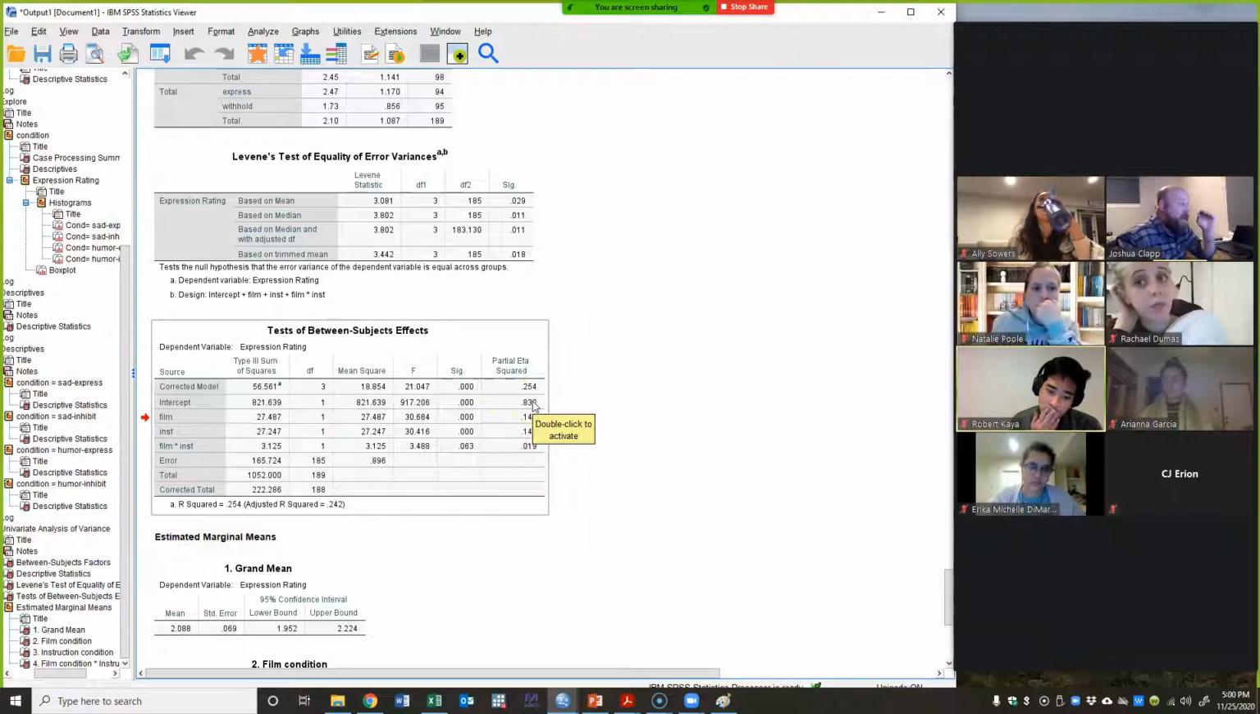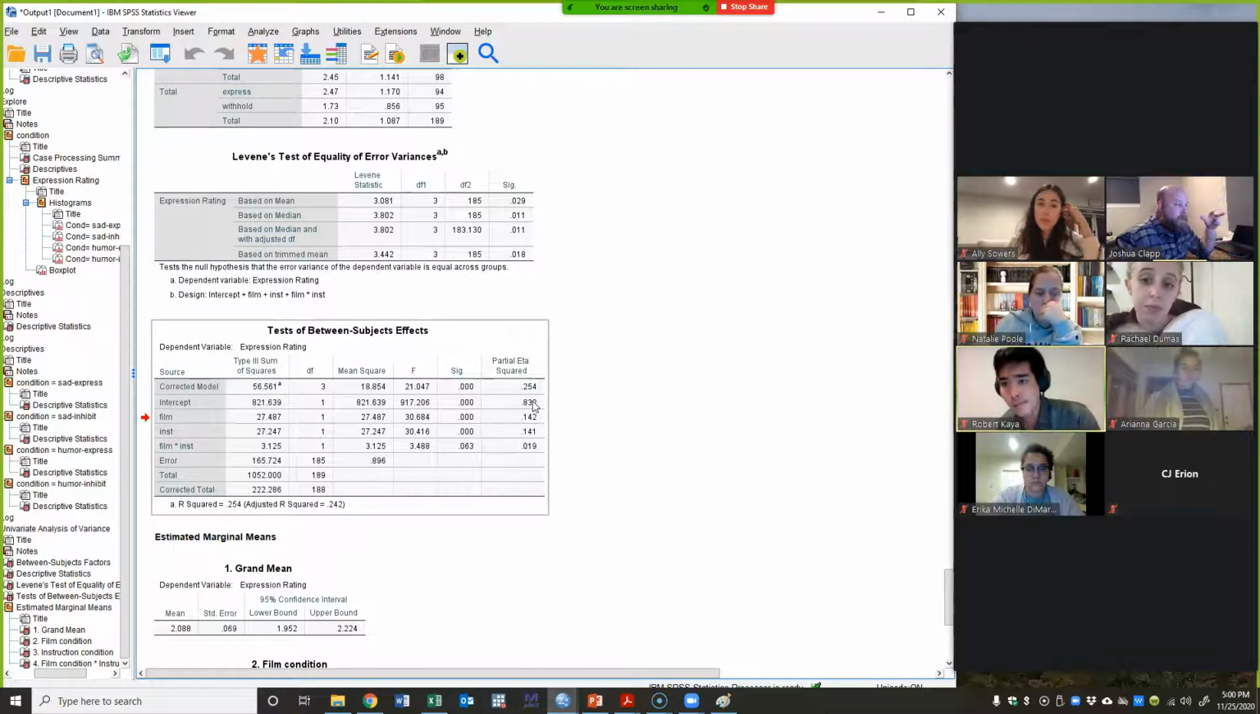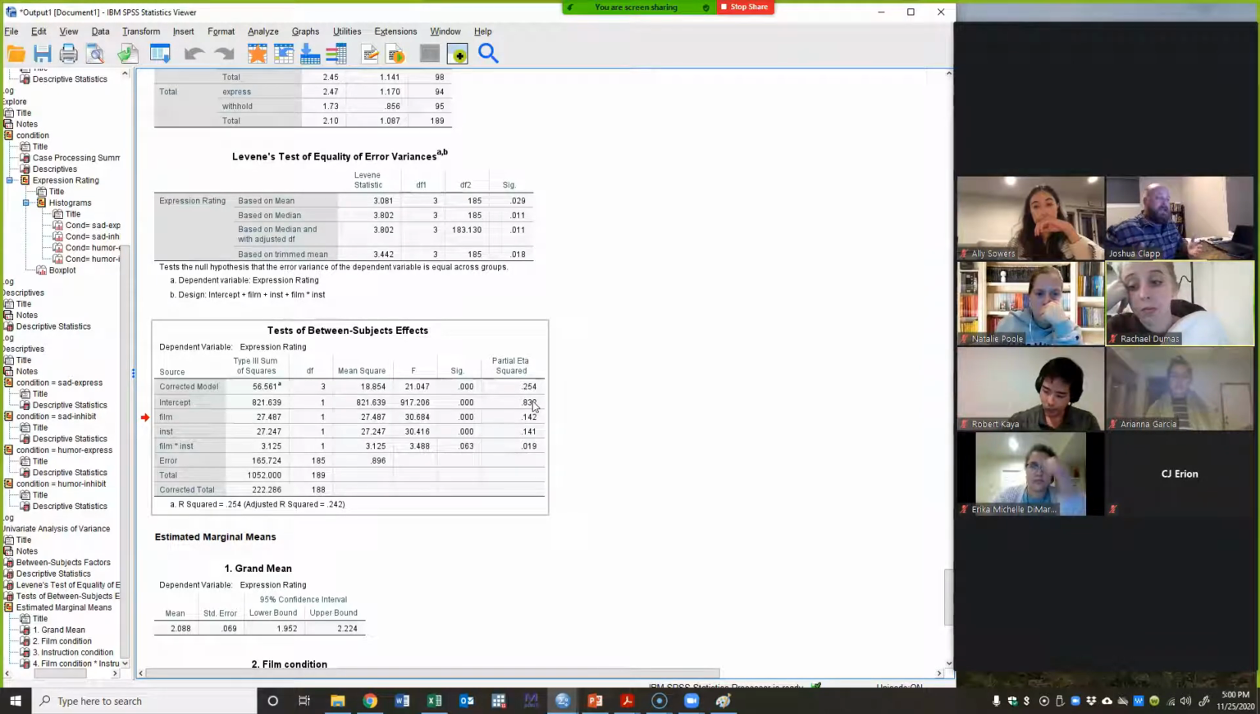Now, Rachel, what if for my instruction condition, I had express, withhold, and exaggerate, and I found a main effect of condition? Then do I have to run follow-ups? Yes, because then you can't really tell the direction. Yep. In that case, I would have to run a follow-up because my omnibus test is just saying that across those 3 levels, I have differences somewhere,